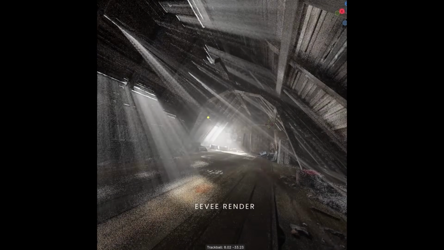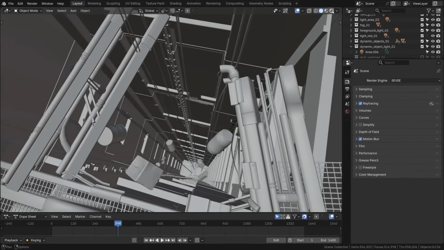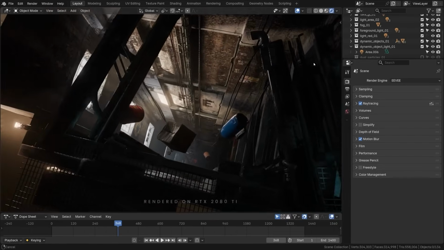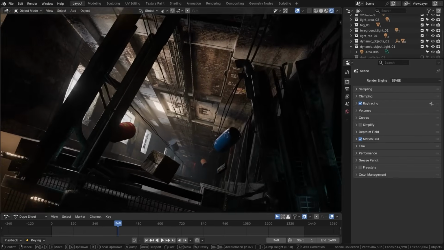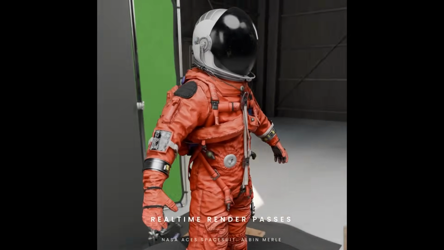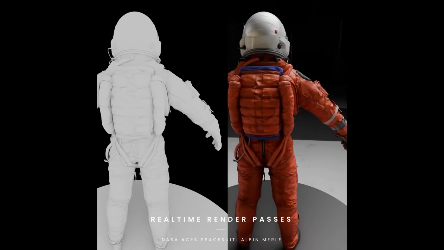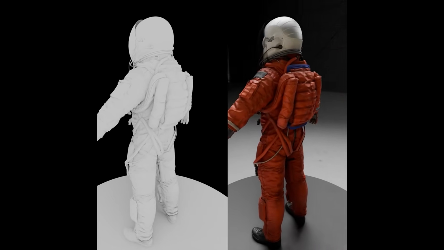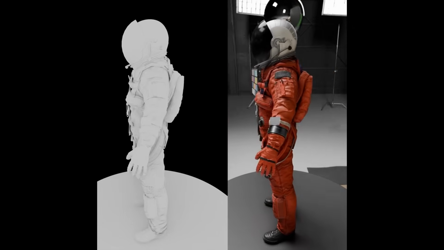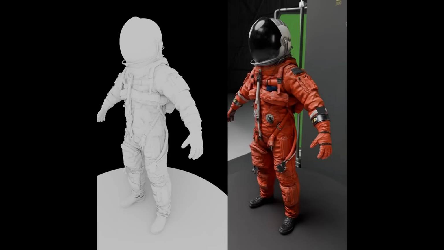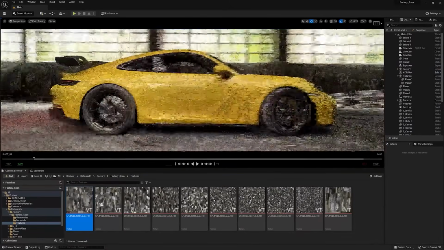So now as an artist, you can experiment freely with lighting, shading, and composition because feedback is immediate. The problem has become very simple. Instead of guessing what the final render will look like, you see it almost in real time. And the result, you can make decisions faster, and of course, much less time is wasted waiting for renders, which I think is the whole point in the first place.